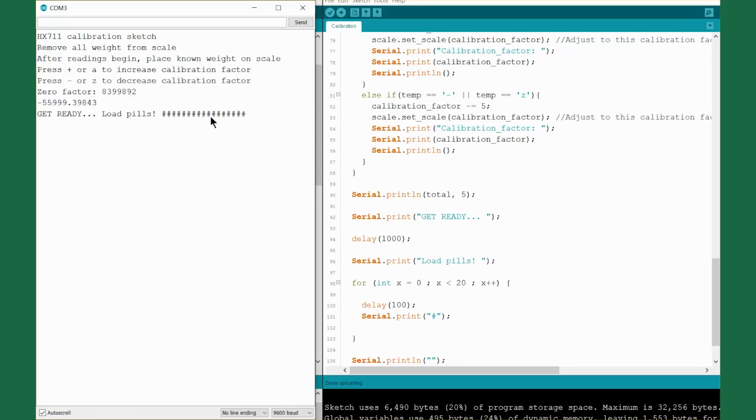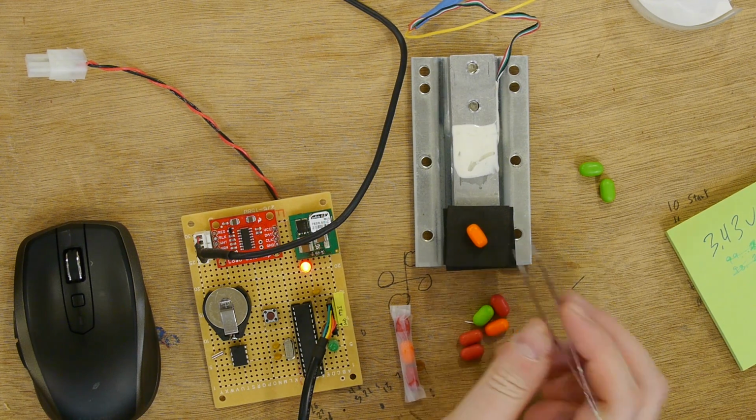Get ready, load pills. That's like a video game for kids. I shake this in the Chuck E. Cheese. Like, what do you think about a redemption